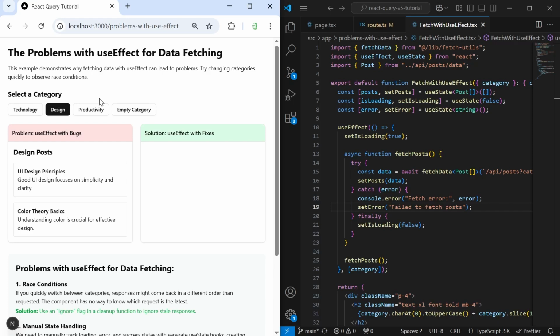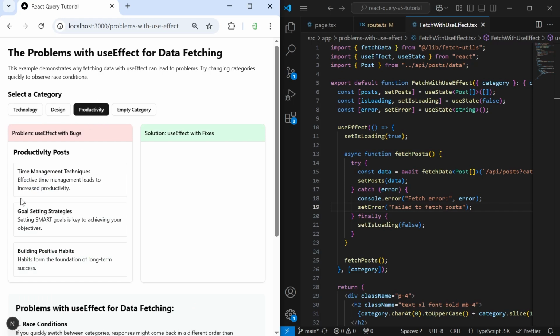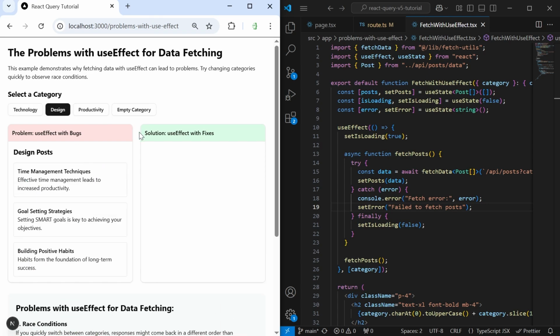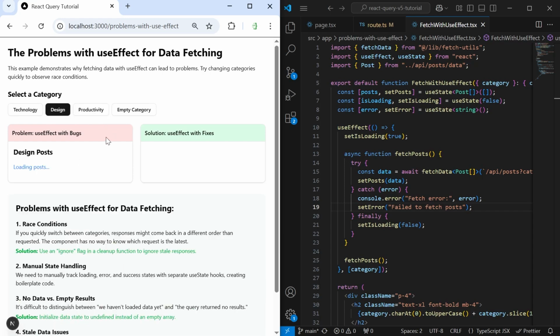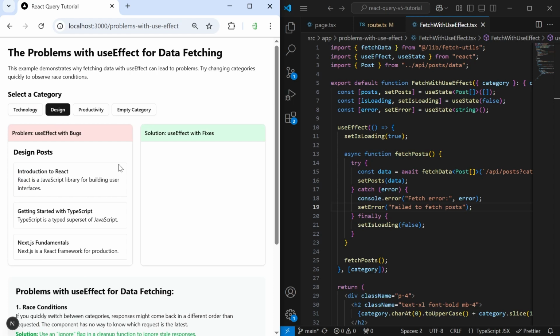As long as we switch categories slowly, everything works properly. We click productivity, we see the productivity posts. We click design, we see the design posts, and so on. But when we switch categories fast, we will see some weird glitches in the UI, where we see different categories quickly one after another sometimes. Or even worse, it can happen that we see the data for the wrong category, because those are not the posts for design, those are the posts for